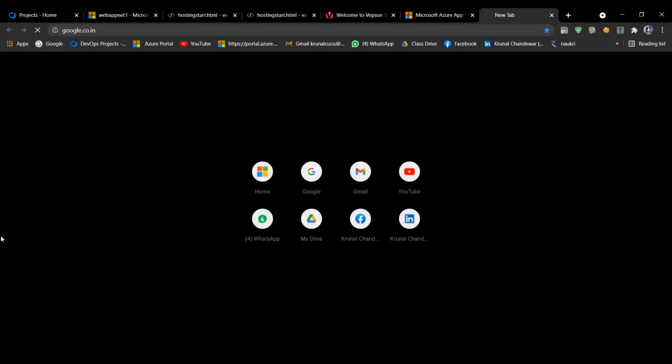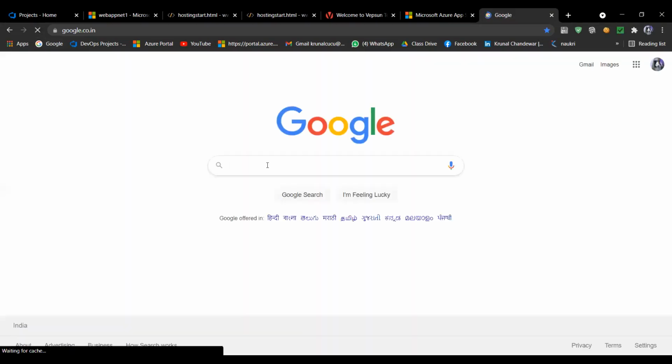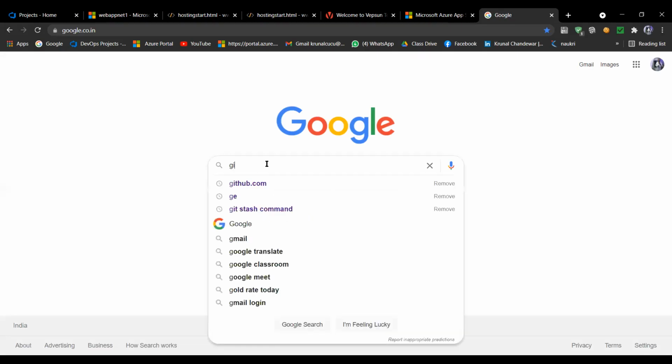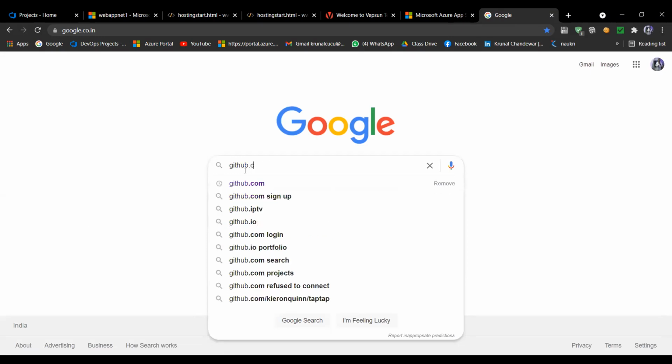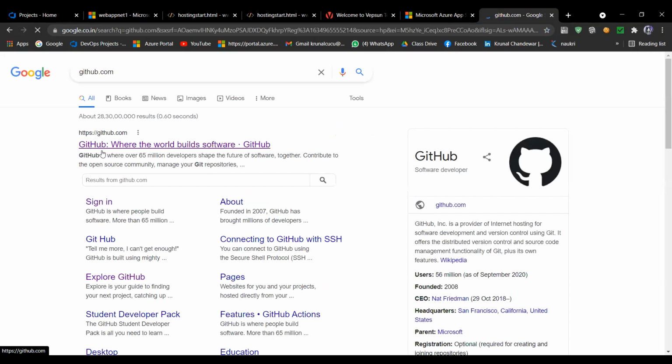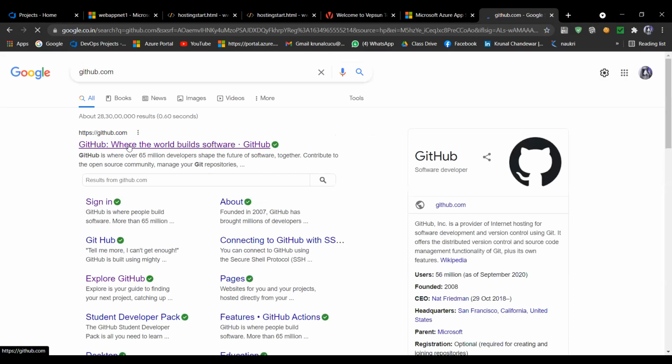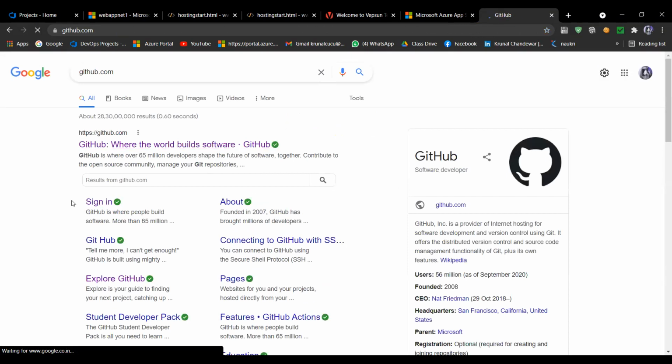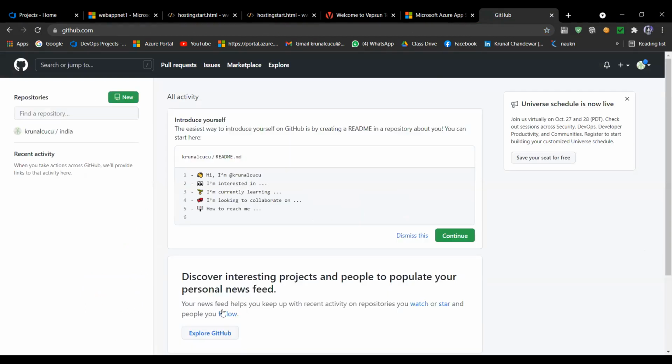For example, I open Google, and in Google we search for github.com. Maybe you have an account on it or not, I don't know. But on github.com you get many codes and everything.